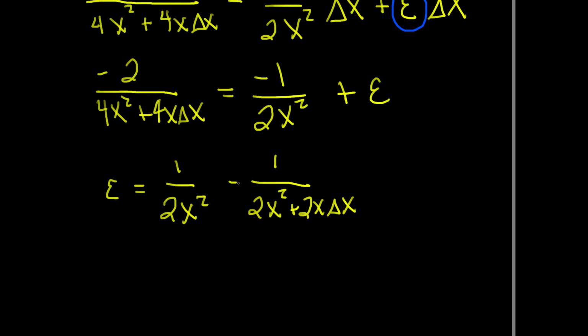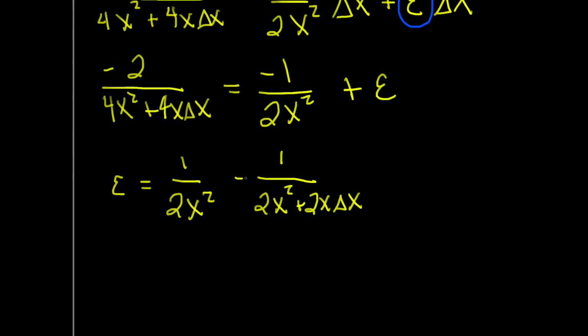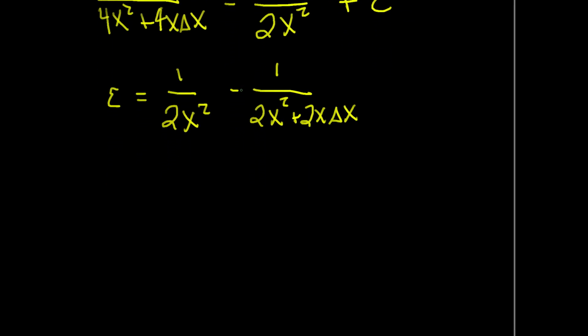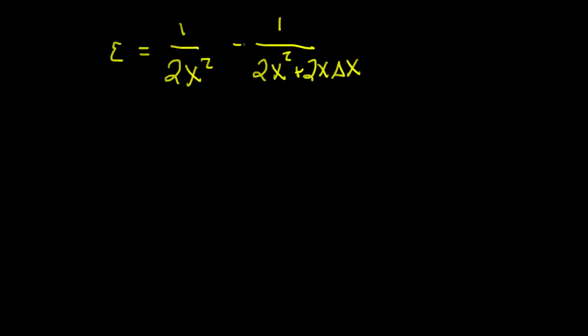It's easier to combine these fractions to really see that this is an infinitesimal, because right now this is finite, right? X is a real number, so this is finite, and so is this. But we'll find that this difference truly is an infinitesimal, so it's good to complete our algebra here and put